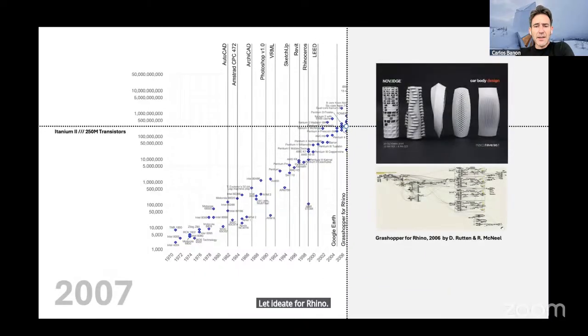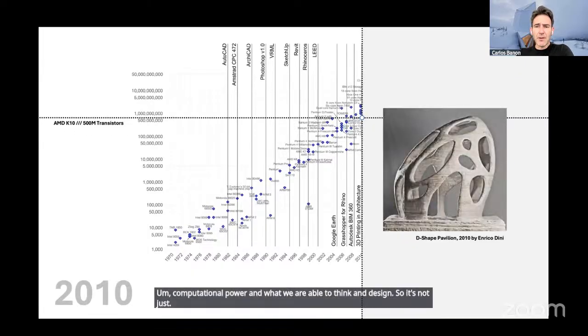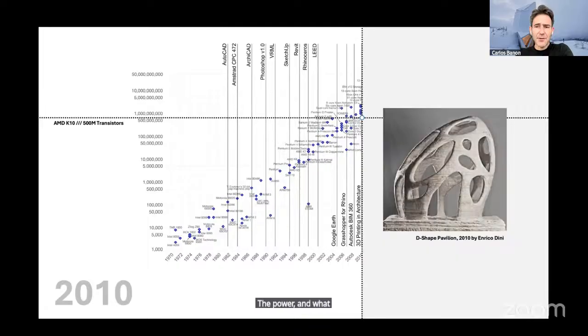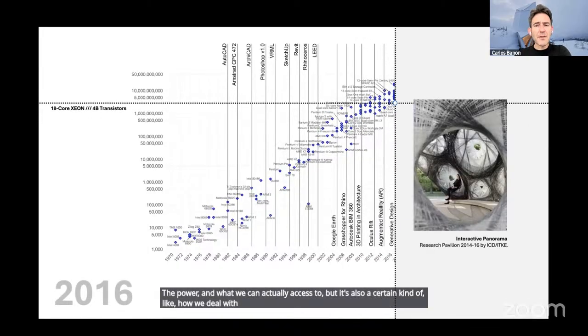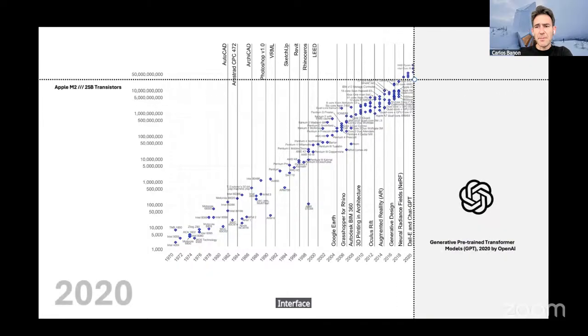So there's been a progression between interface, computational power, and what we are able to think and design. It's not just the power and what we can actually access, but also how we deal with that technology interface that determines our experience, and for creative users it matters a lot.